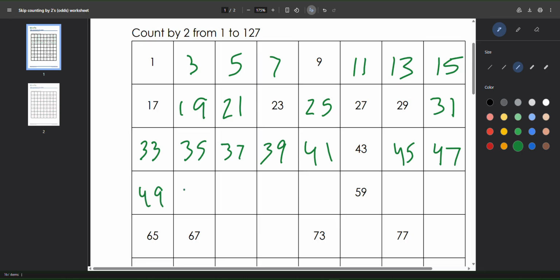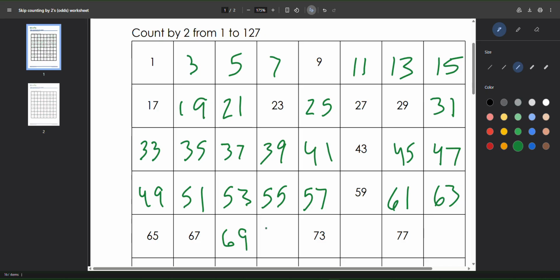49, 51, 53, 55, 57, 59, 61, 63, 65, 67, 69, 71, 73,